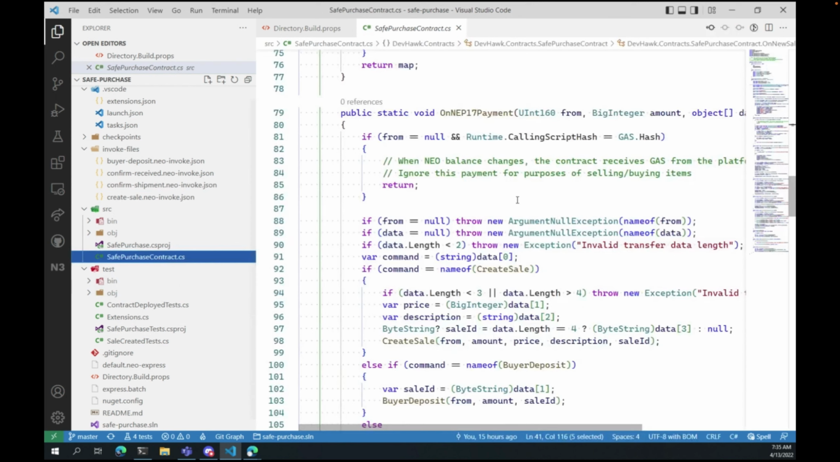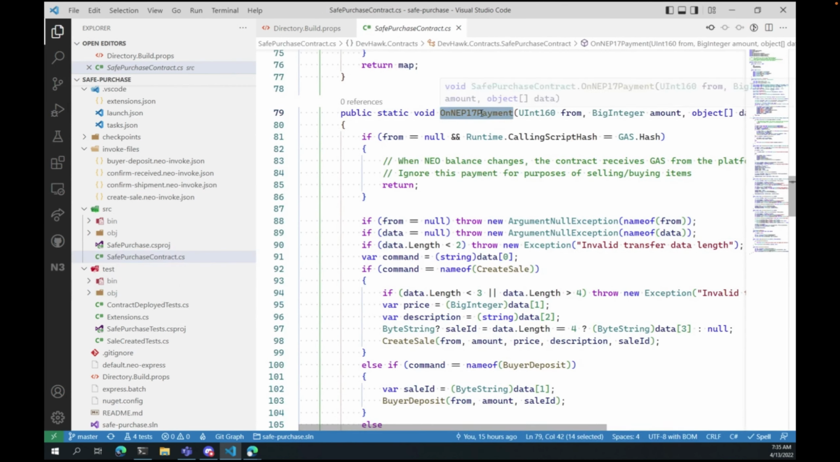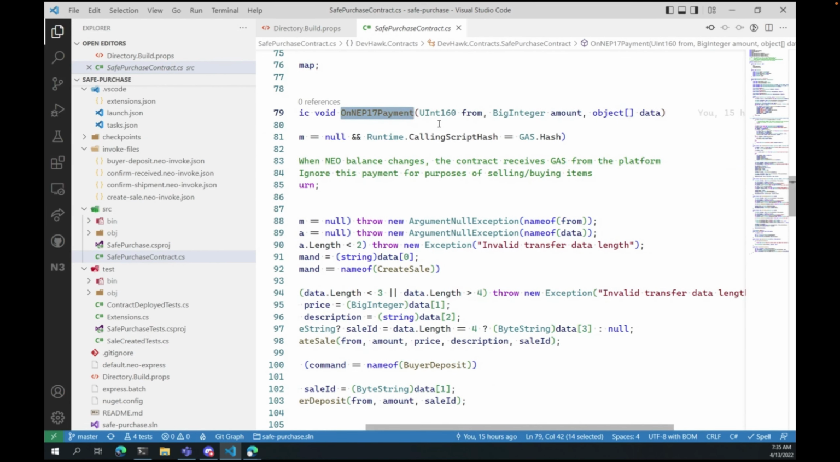So if we look in the contract, you'll notice that we have an on NEP 17 payment. This is a standard format method that you must implement on your contract if you take payments, right? This is automatically called by the platform when you accept a payment. And you'll notice that it takes a from, who sent the payment, how much is the payment, and then I have this object array. And that is essentially